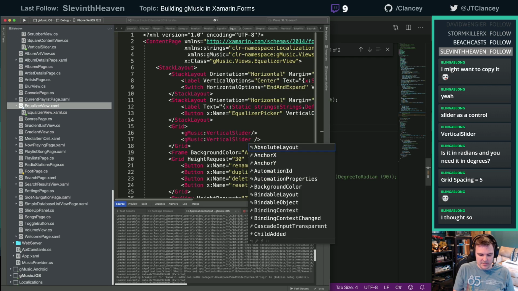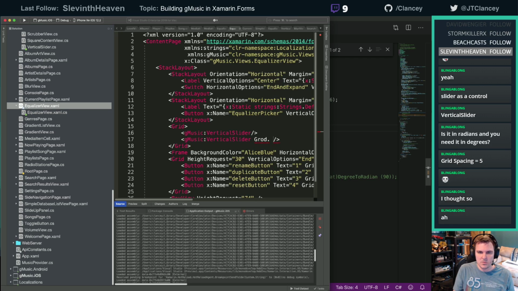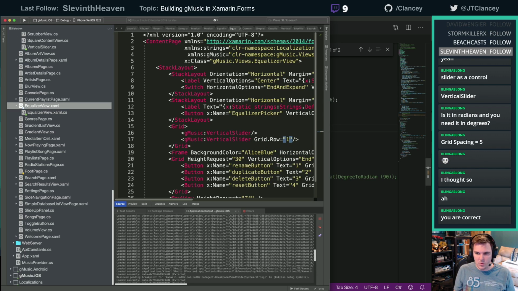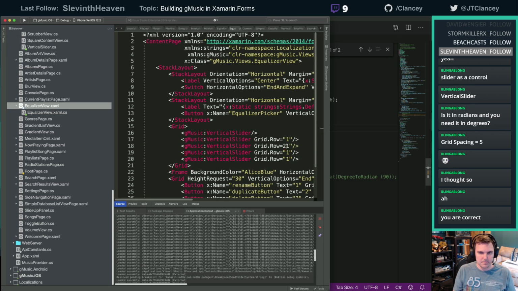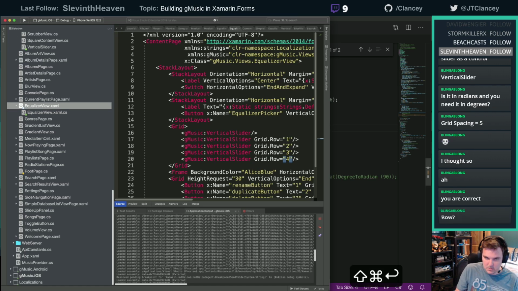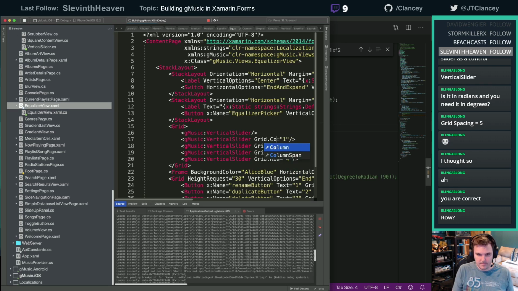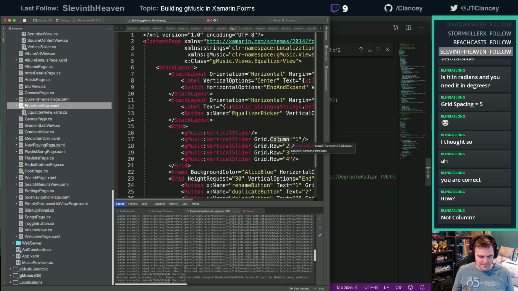So as long as I offset these grid row equals 1, I'll be fine. Oops. And we'll just see how this looks, and if this is right. Row? Oh, it's column. You're right. It's column. I would have figured that out pretty quick, I guess.